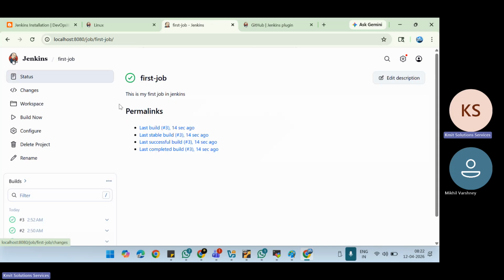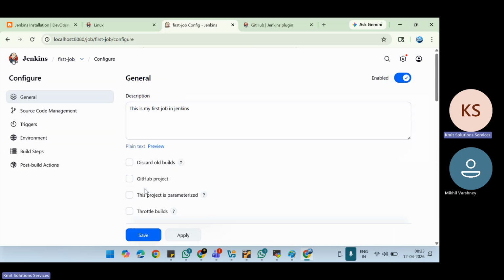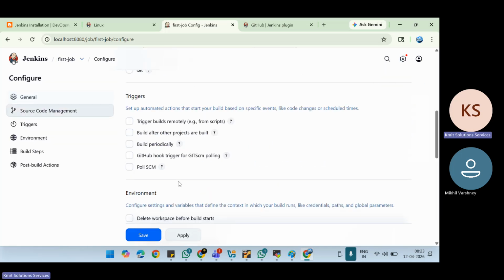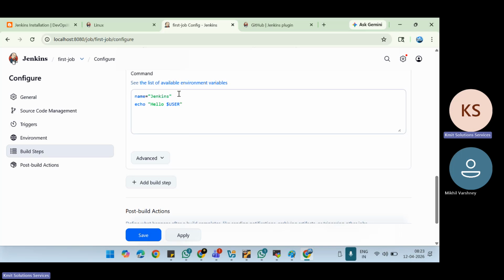So if I go back here and go to configure, even though you are thinking that it is because of this, see, I have used a different variable now. So it is taking the environment variable in Linux, these are user level or system level, right? So here I wanted to show you that this is running by the